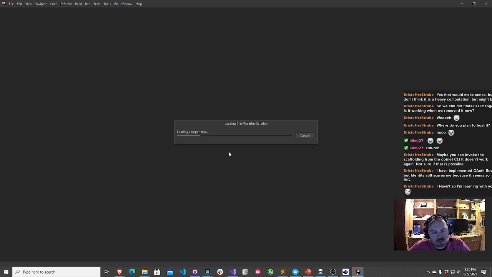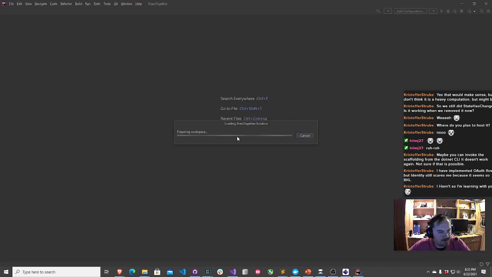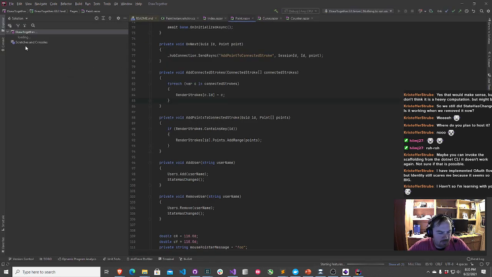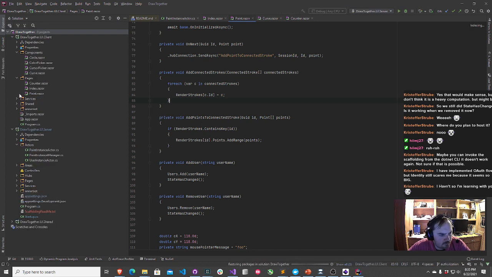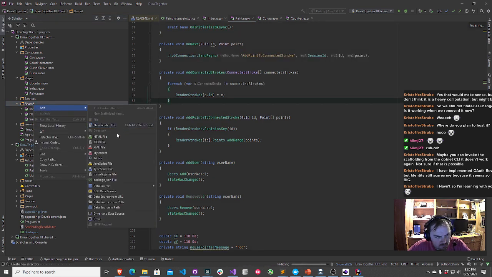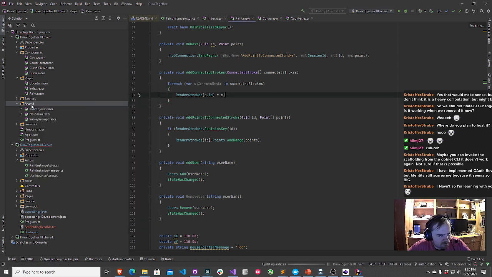All right. Let's pull that up. Okie doke. This should take just a second. All right, let's go to the shared folder. Let's go ahead and add our Razor component. Maybe I need to give Rider just a second to load those templates.